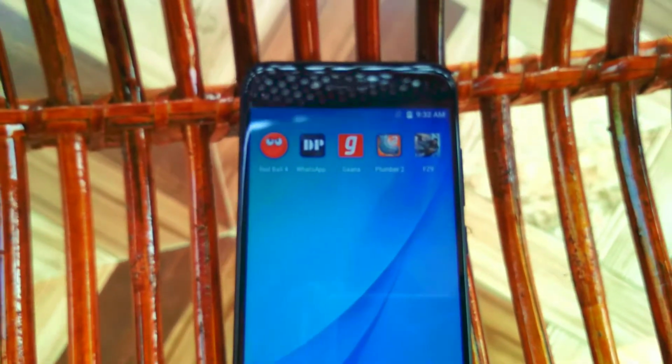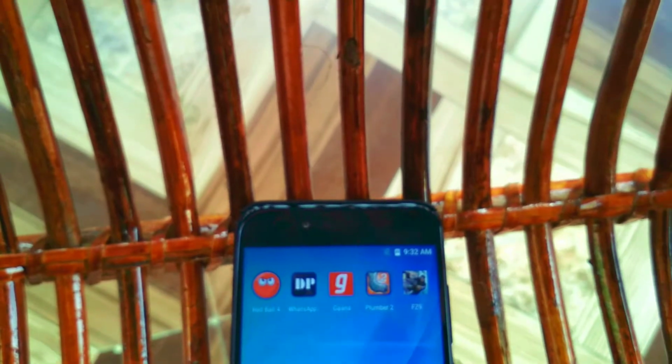In late 2017, many phones launched a dual camera setup which can capture the portrait mode, and Mi A1 is one